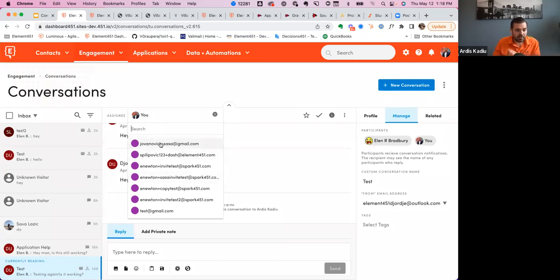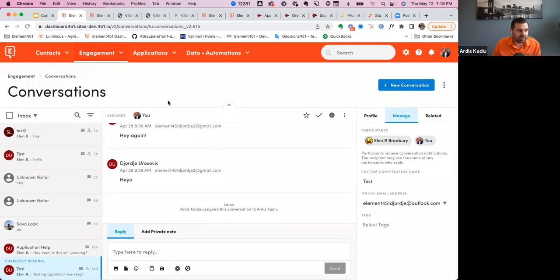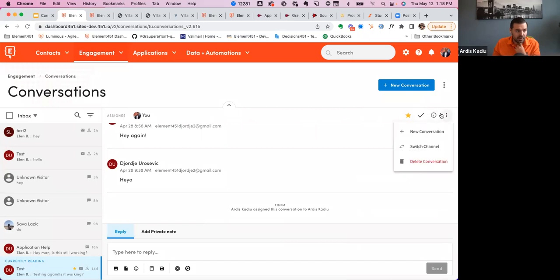This is part of the Bolt UI, right? The ability for you to pick those people in line and have them show up. So you're going to see these selections everywhere, this nice little interface changes as we move things to Bolt. Adding favorites, closing conversations, closing that sidebar, and of course, the ability for you to switch a channel.